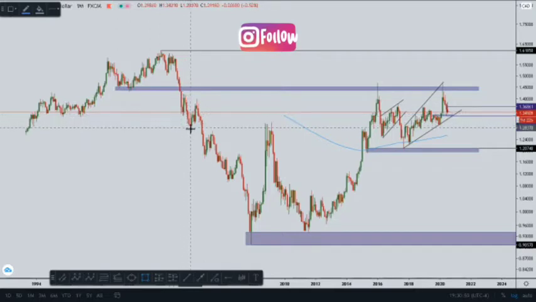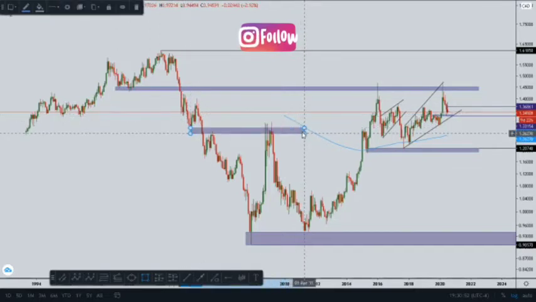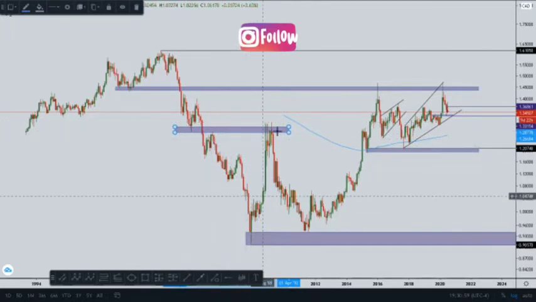Sorry, it wasn't being selected. So we will draw the support level. Of course, when the support is broken, it becomes resistance. It's retested there. It came all the way to the support, as I said before, retested this resistance level, came